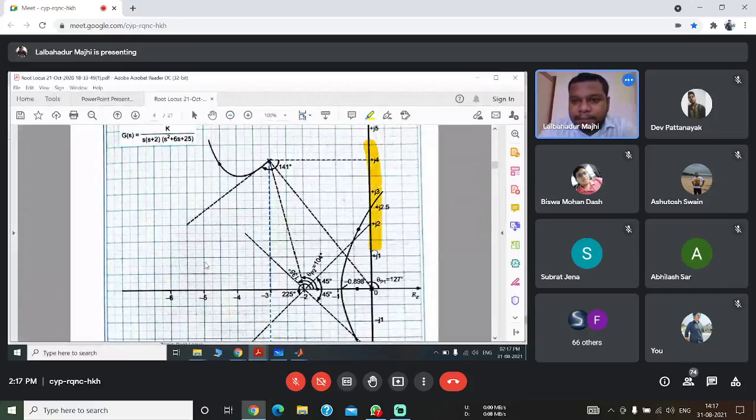First we have to draw the s-plane and then identify the poles and zeros. We have a pole at the origin, another pole at -2, and we have a complex conjugate pair of poles. Between 0 and -2, we can clearly see there will be a root locus branch. Between these two poles there will be a breakaway point, which is determined as -0.898.